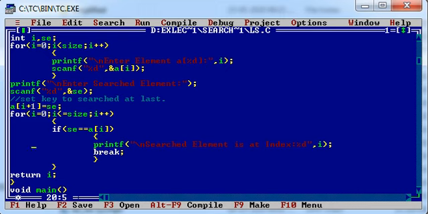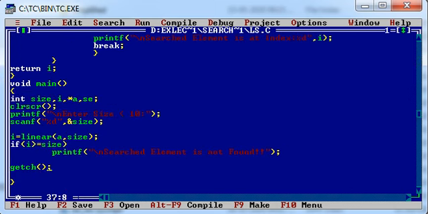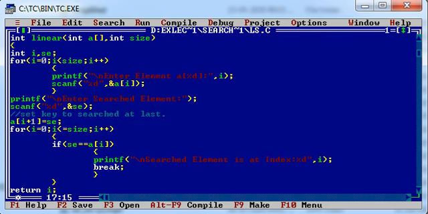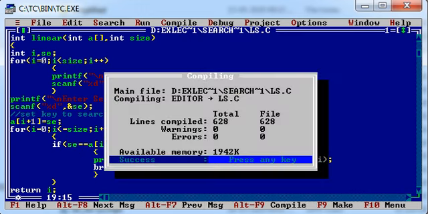And if the element is found at the last position, the last position will be returned from this user defined function, and that value needs to be compared over here. I have returned whatever function returns me, that is the position, right? And I'm comparing that position. If that position is greater or equal to size, then I can say the search element is not found, or else the search element is found. Okay, let's check the output.